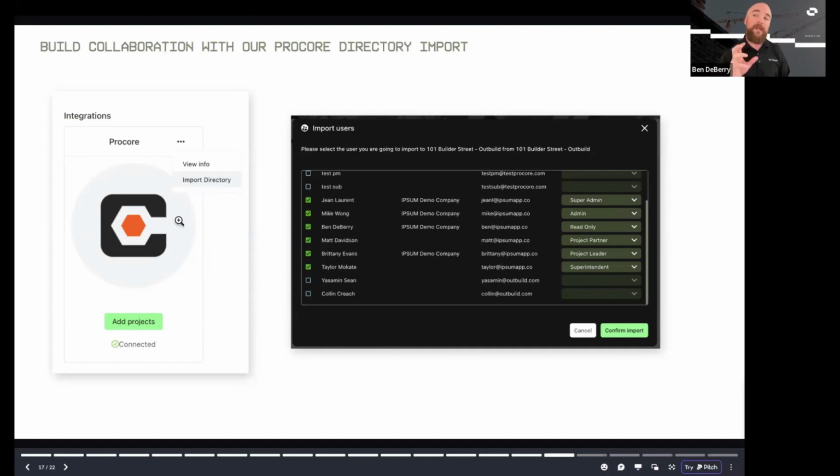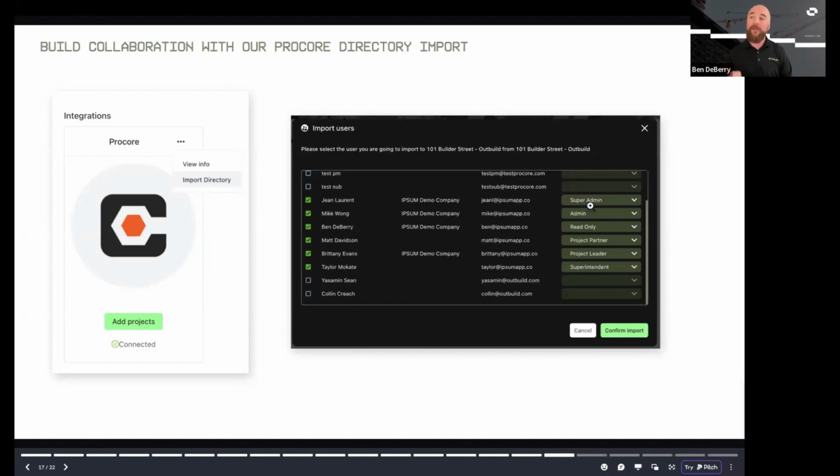You simply go into your integration settings, you click these three dots and select import directory. You select your project that you want to import users from, and then you simply checkbox those names and then assign a status or a permission level to them.